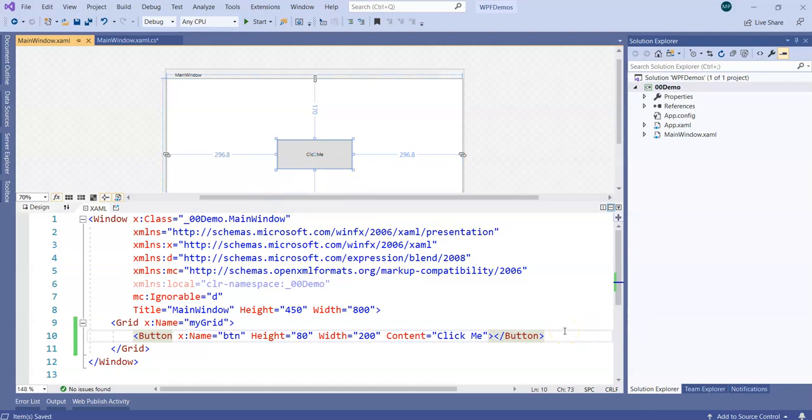Now after all this, we will have to specifically tell this button what to do on a click. So I'm going to add one event and a handler. Here it asks me to generate an event handler. Can't we write down the code of an event handler in the XAML itself? Just like we are doing everything in the XAML, why can't we write the event handler in XAML?